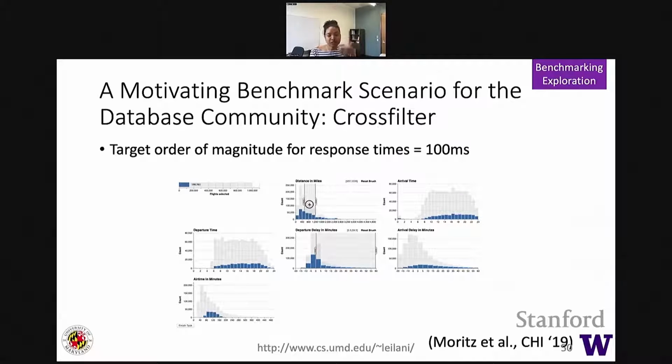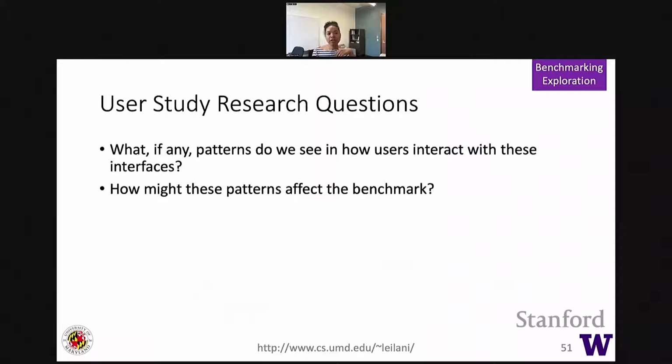Now, how do we go from this use case to an actual benchmark? What we did was we conducted a user study to better understand how people actually use these kinds of interfaces. And we had 2 specific questions we wanted to answer. The first was, what if any patterns do we see in how users interact with these interfaces? For example, do they actually leverage the real-time nature of them? And then the second was, how might these patterns affect the benchmark? So what kind of workload can we expect, and how does that influence how we would design database management systems